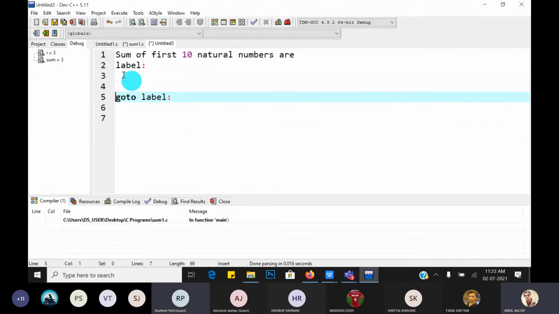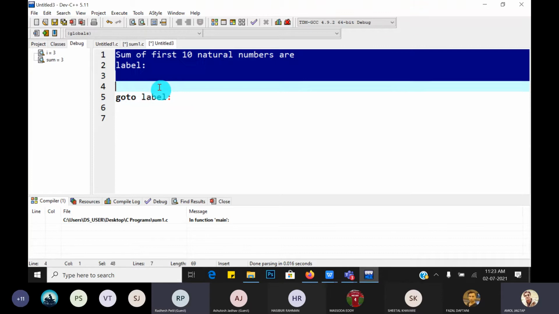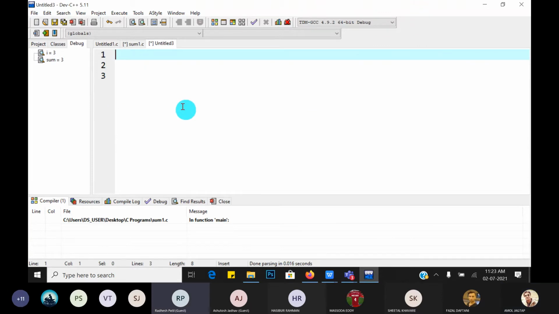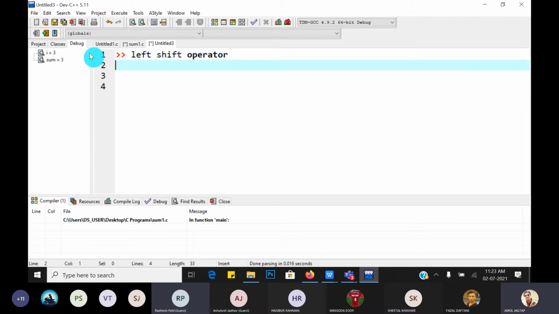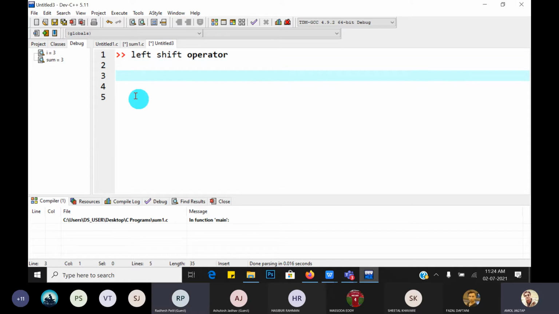Left shift. This is a bitwise operator. Left shift operator is a bitwise operator. Suppose this is decimal 10.